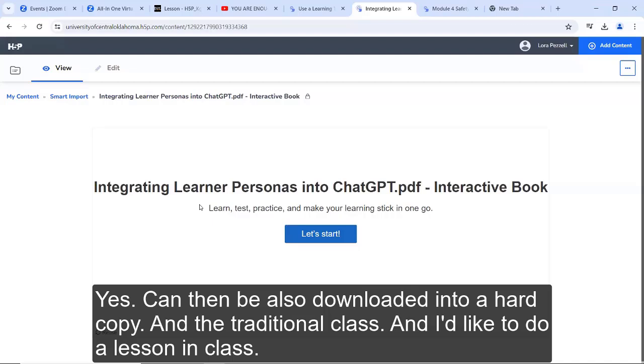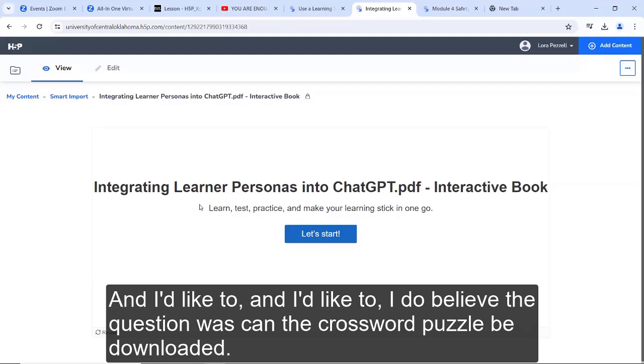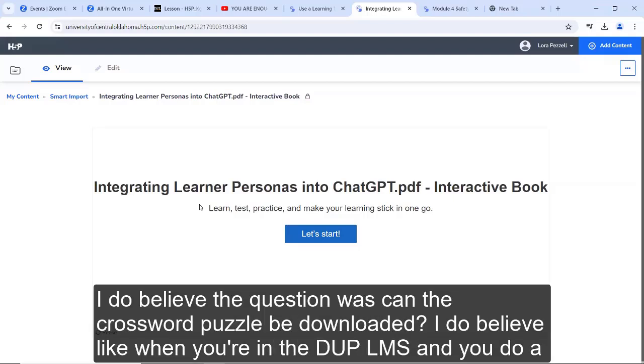So, like the crossword puzzle, can that also be downloaded into a hard copy? If I teach a face-to-face class and a traditional class, I'd like to do an in-class lesson of that. I do believe, when you're in the LMS and you right click, you can print the page.